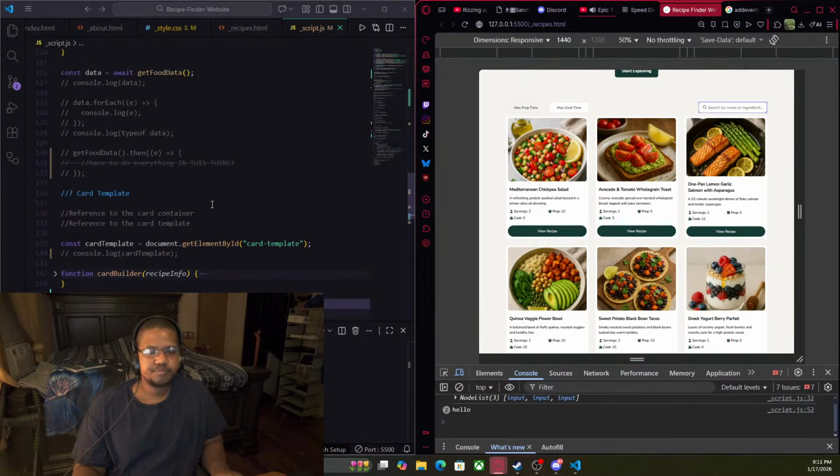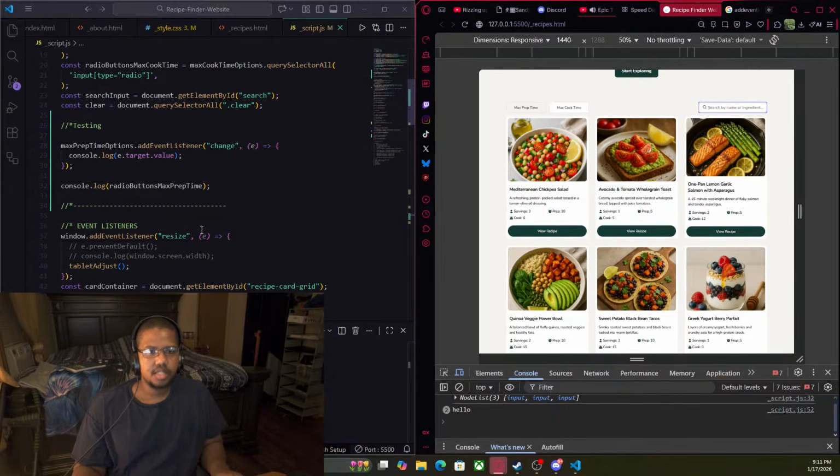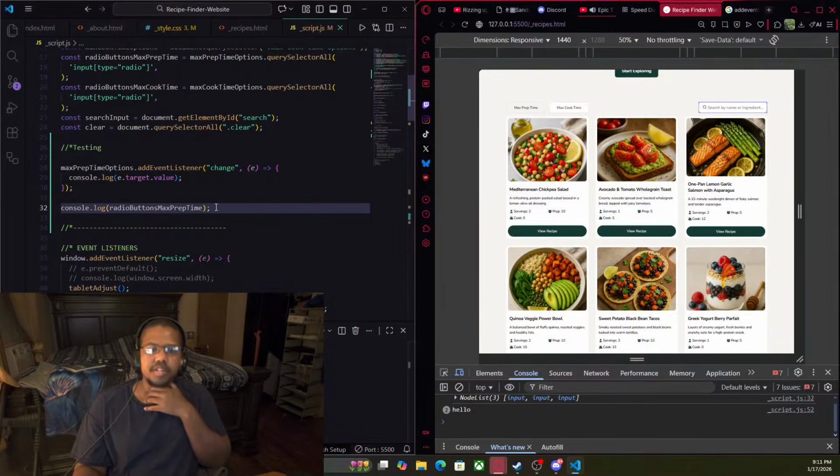So what I think I'm gonna do is, let me think. I think I want to create a function that takes every card on the page